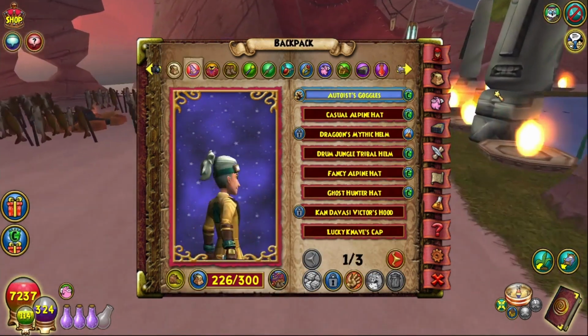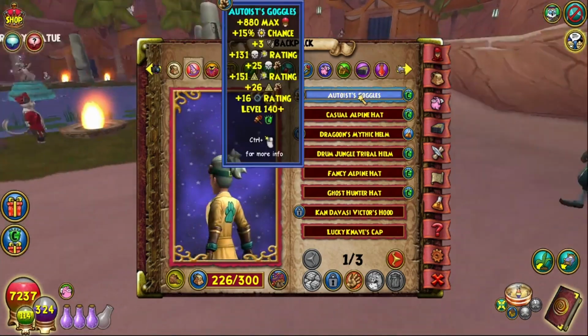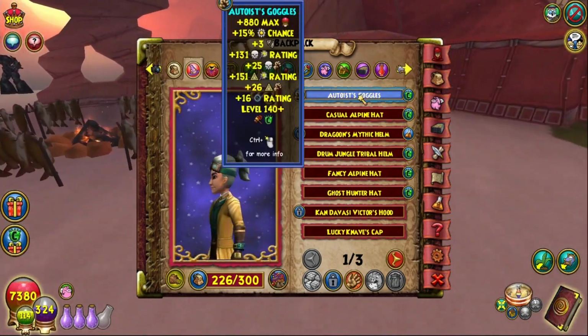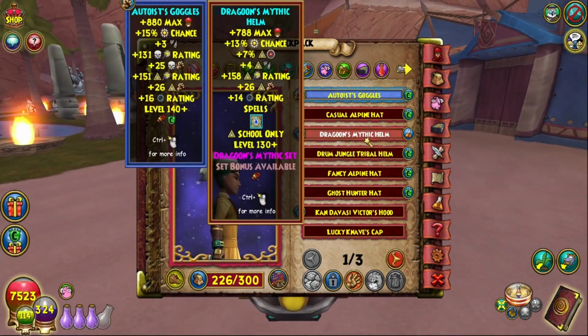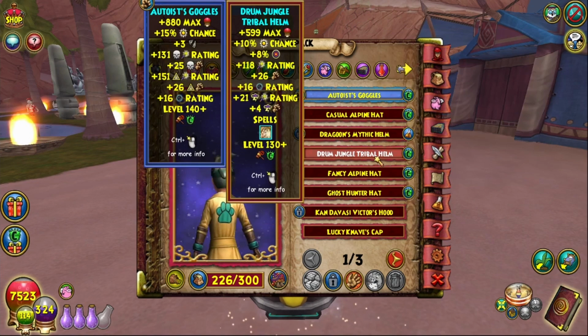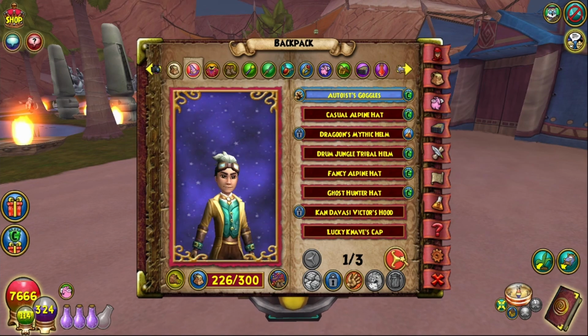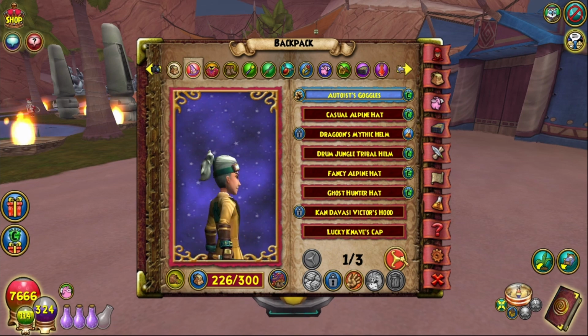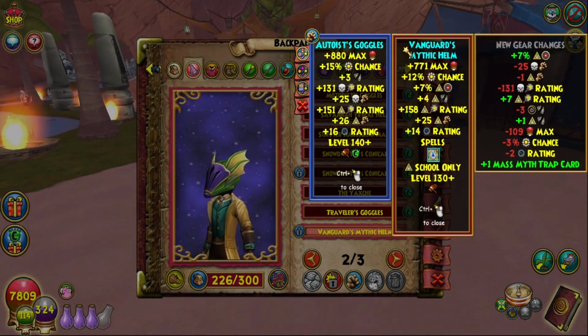Now, finally, let us go ahead and do some comparisons for this pack. We will be comparing the Autoist set with the Myth stats. Now, as always, we're going to be comparing with specific gear types, like the Savannahs, because it's still kind of considered one of the best PvE gears out there. And we're going to also be comparing this time to Vanguards, because I think it's actually really close to what